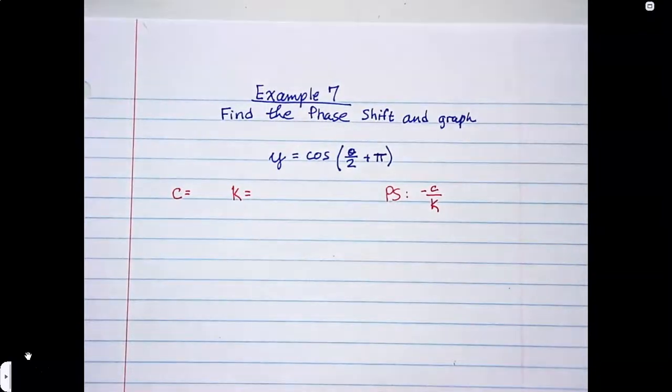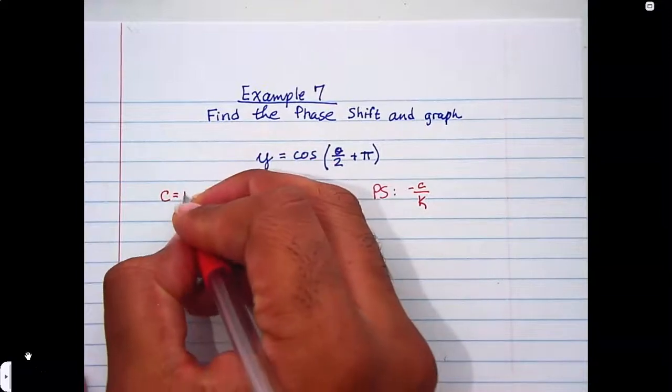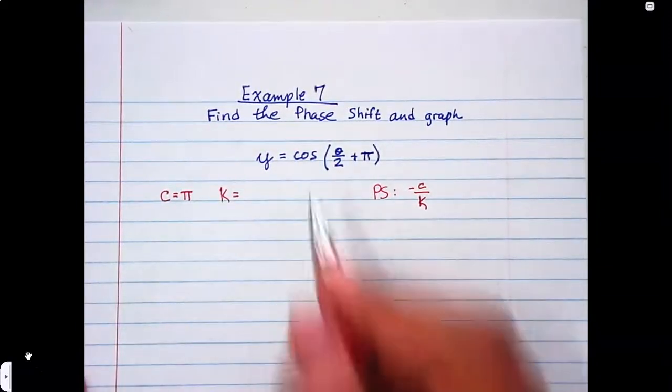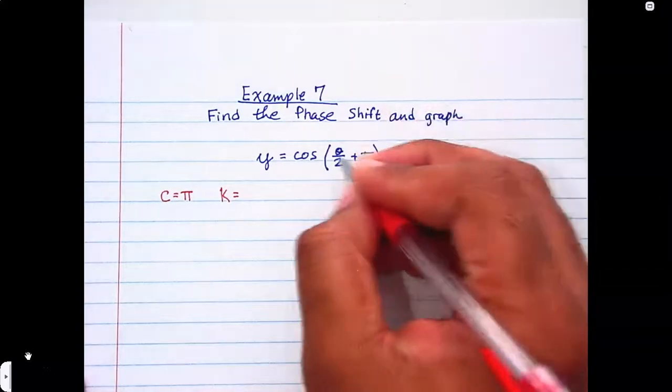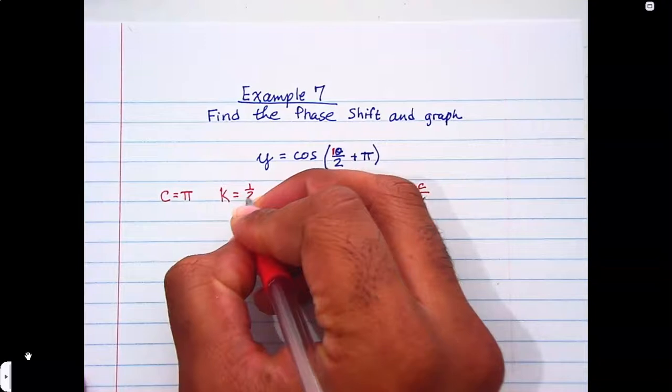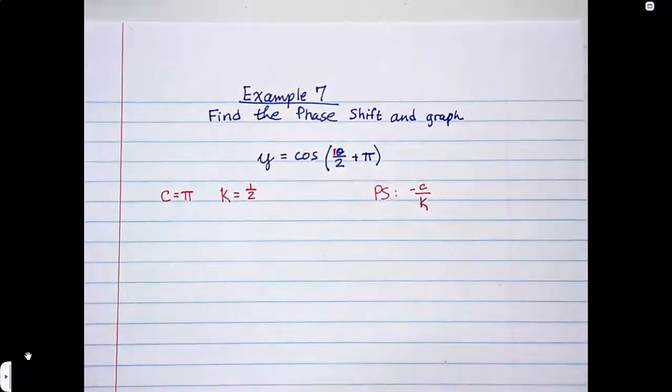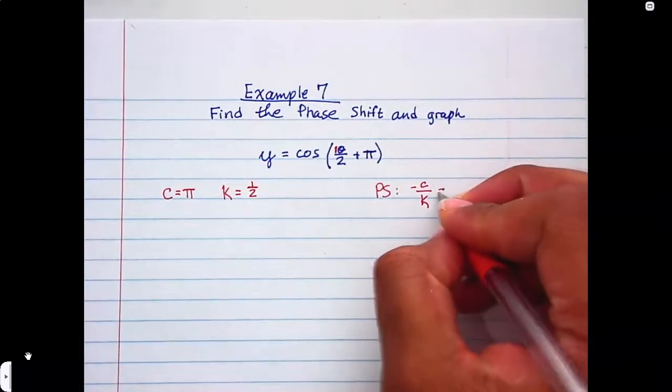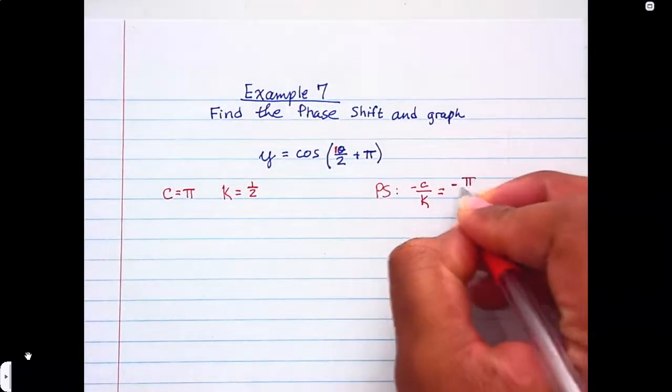All right, so looking at this part, we should know what K is. We know what C is by just looking at it. So we know C is pi. K right here is, looking at this portion right here, remember that's an understood 1 right there. So it is 1/2, 1 over 2. Then theta is actually something else. Remember, theta is not part of K. Theta is in front of K, but not K. K is in front of theta. So if K is in front of theta, that means that 1/2 is the K. All right, so here we're going to do the negative pi over the K, which is